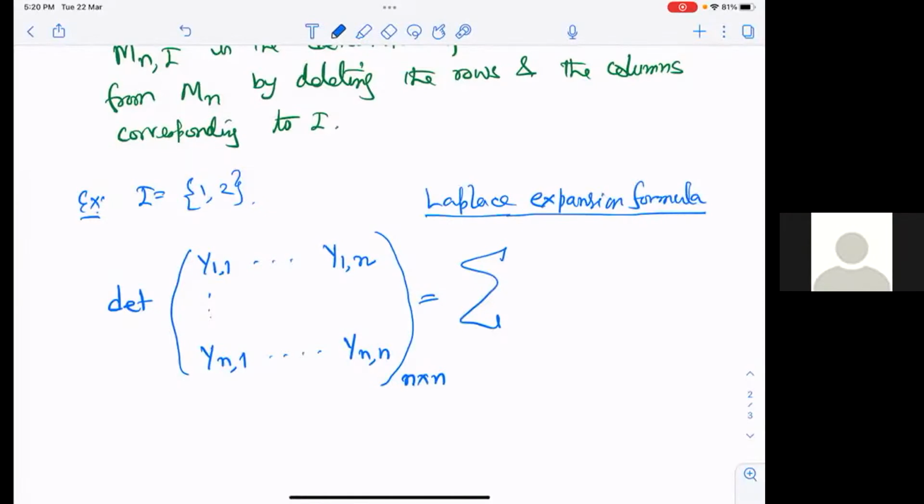I think so, sir, but not by this name. Okay, yeah, so I'll just write that. So sigma is a permutation running over the